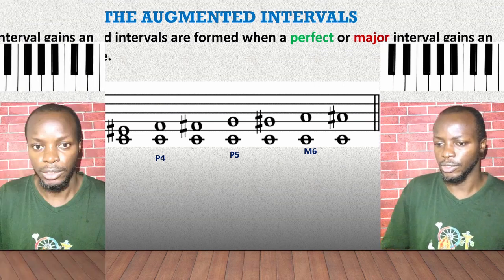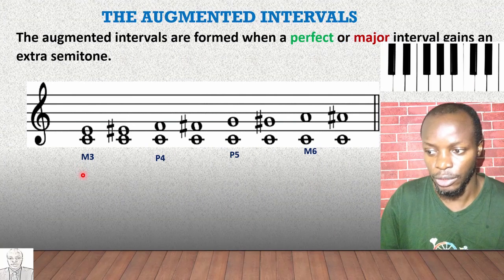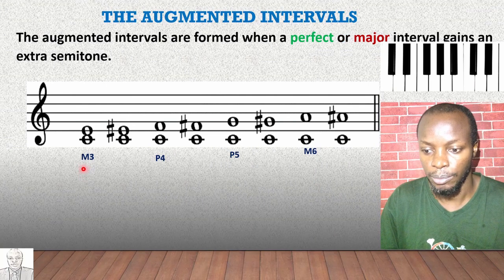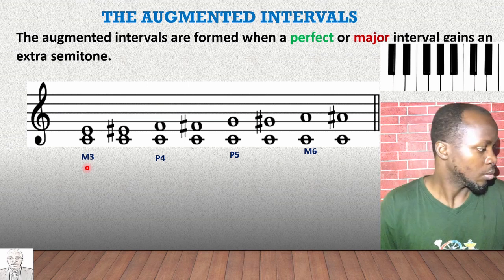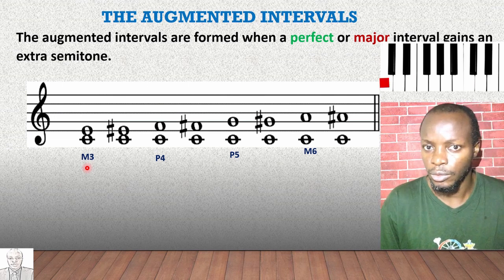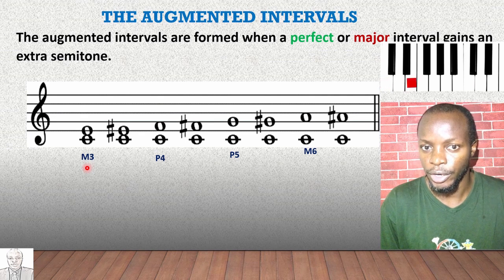Now let's get into it. We have some examples here anyway, and the first one is the major third. So let's see what happened to major third. Let's see when you have major third, like do, right? You can raise this to,